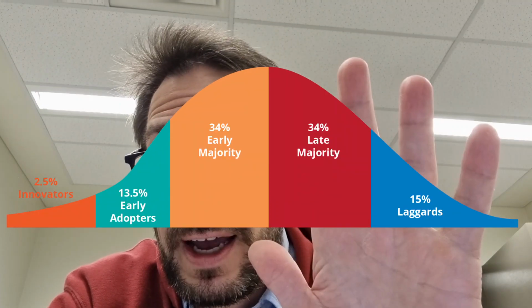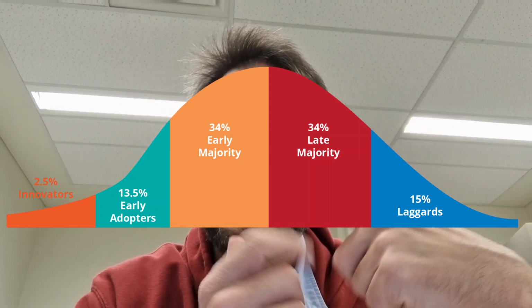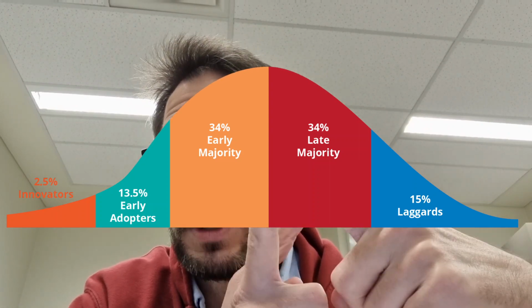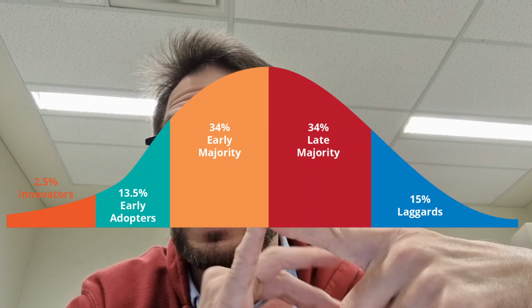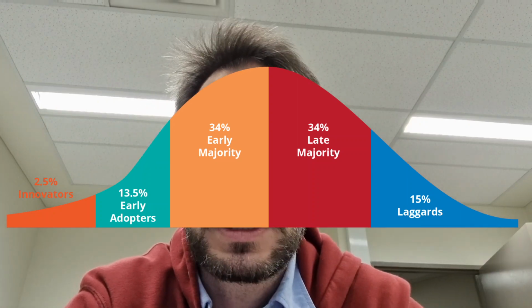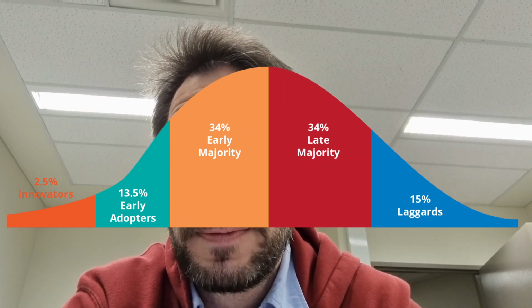If we take a step back, we need to think about organizational change in general. So in his book, Diffusion of Innovation, Everett Rogers describes how organizational change moves slowly through the people within that group. He describes 5 adopter types: innovators, early adopters, early majority, late majority, and laggards. And each of these groups has a different tolerance and enthusiasm for new ideas. And your goal will be to harness those innovators and early adopters first so they can influence the early majority and then the late majority and then hopefully the laggards.